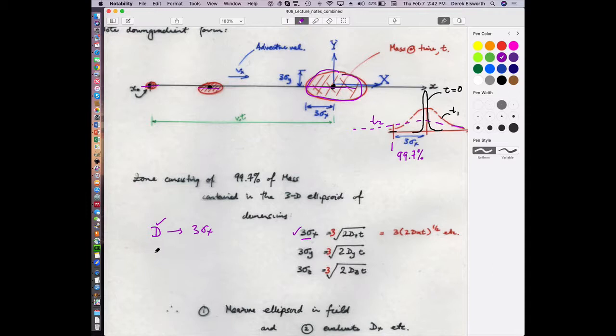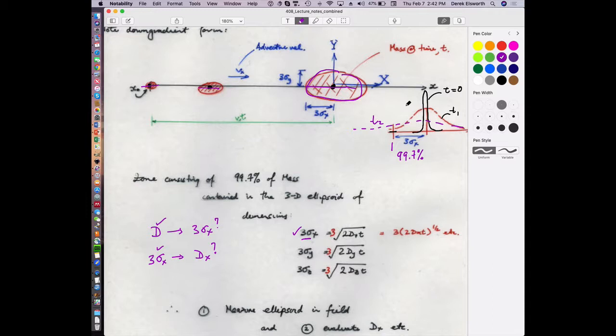Or alternatively, if in situ, you could somehow know by looking into the ground exactly what the plume looked like and what this length in terms of 3 standard deviations was, you could calculate what the dispersion would be. Do it either way. But either way, this conceptualization of a Gaussian distribution starts off very steep at time 0,